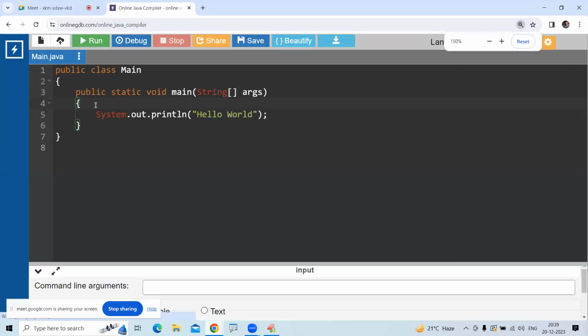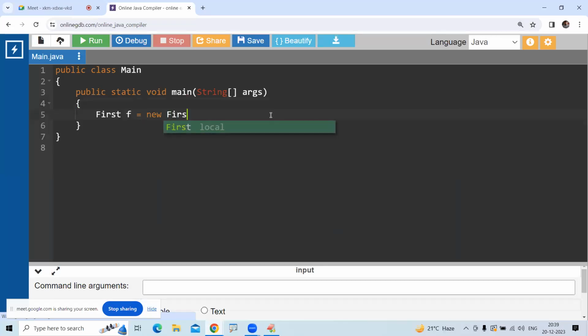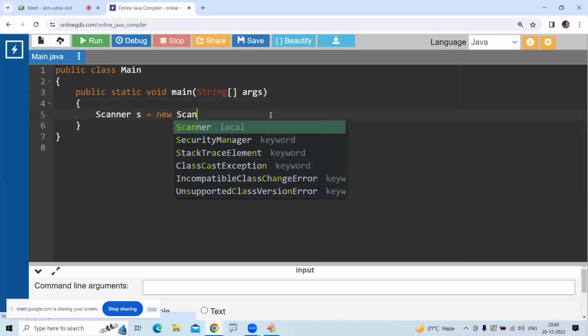So here the code is. We need to create an object for the scanner class. With a normal one, suppose you are creating an object for the First class, how will you create it? First f is equal to new First. Simply like this. Suppose it is a Demo class, how will you create the object? Demo d is equal to new Demo. In the same way, now we are creating the object for the scanner class. Scanner s is equal to new Scanner(